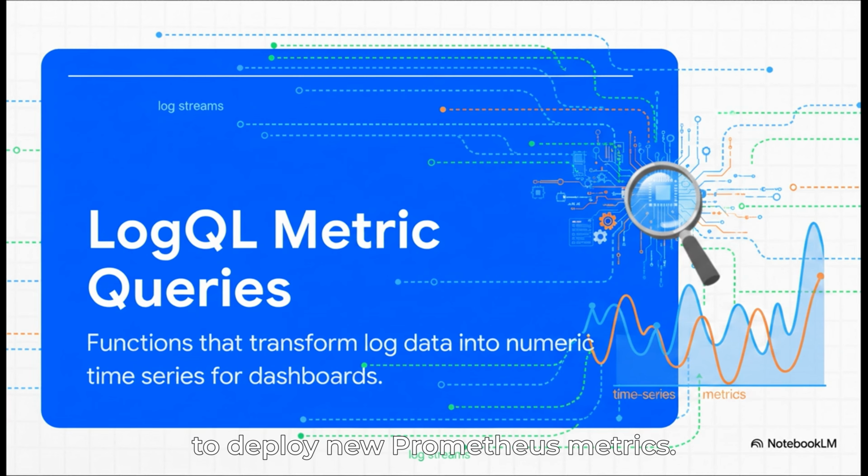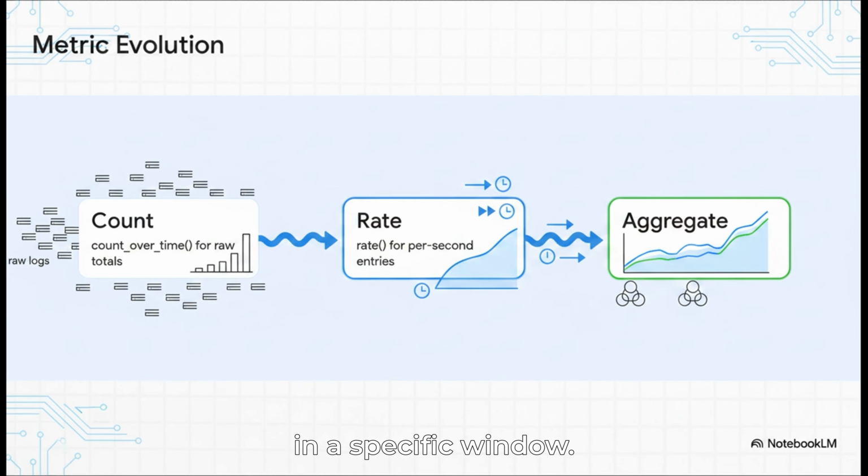All right, Section 3, Core Metric Functions. By the way, if you want to test these out live, you should totally head over to Grafana Play. Here is how you build that pipeline. You start with count_over_time to get raw counts in a specific window. Then you graduate to rate, which calculates the per-second rate of those entries. And finally, you bring in aggregation operators like sum by